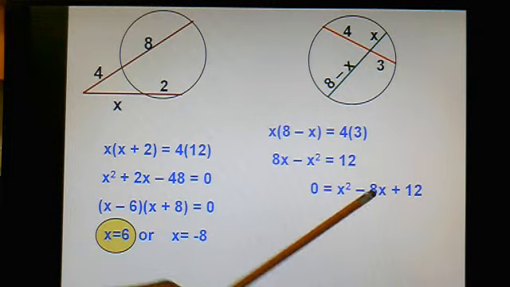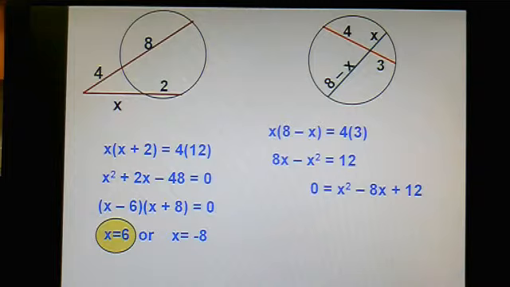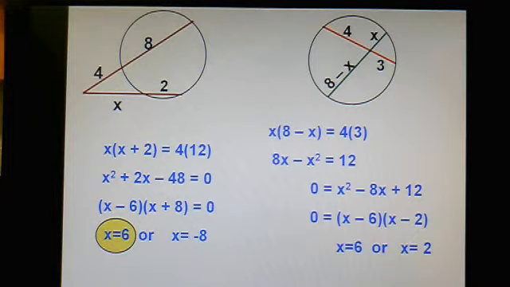Factors of 12 that sum to negative 8. Of course, you're thinking 6 and 2, and you hopefully realize they're both negative. So (x minus 6)(x minus 2) gives you 2 solutions. And you plug them back in and verify if they work. So if you were to plug in,